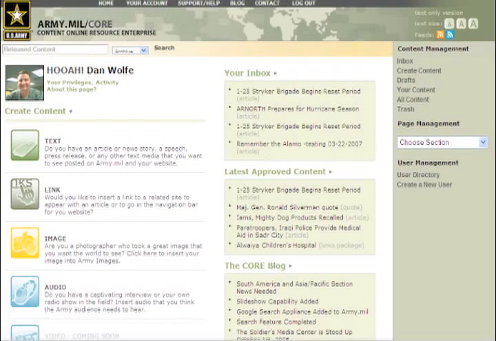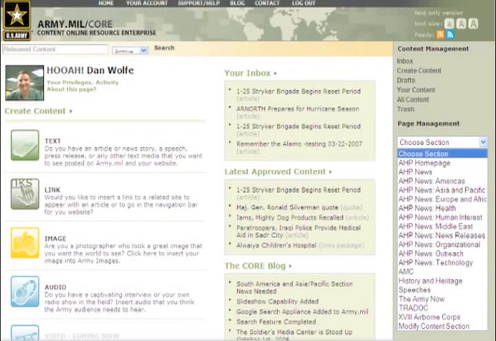Publishers typically are also editors of their sections, but in some situations, they may only be able to publish their page. As publishers, we see the Page Management drop-down box in the sidebar. This menu shows all of the sections we are able to publish. Before we click on one and start posting content, let's take a step back and see how that content got